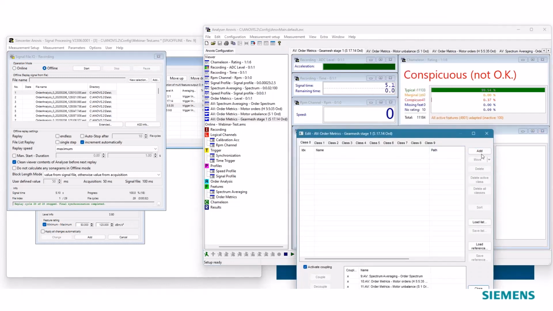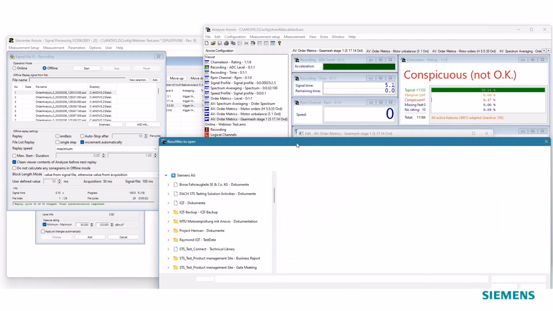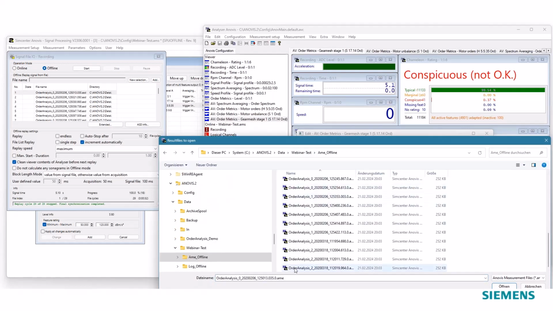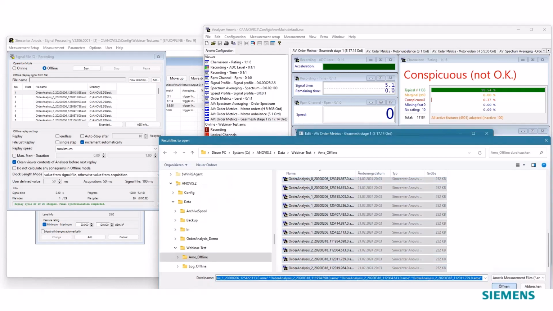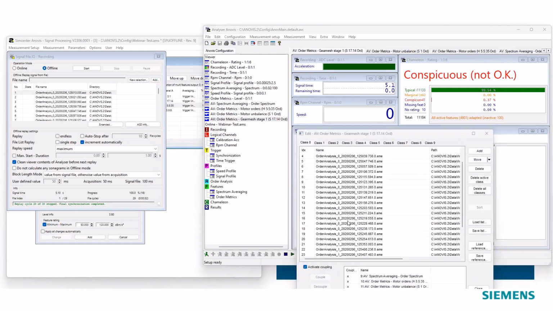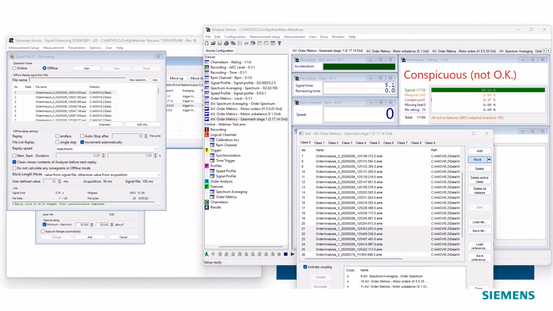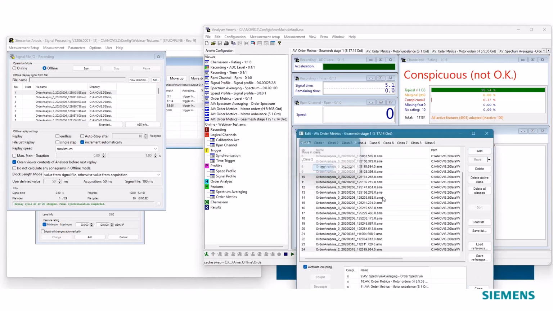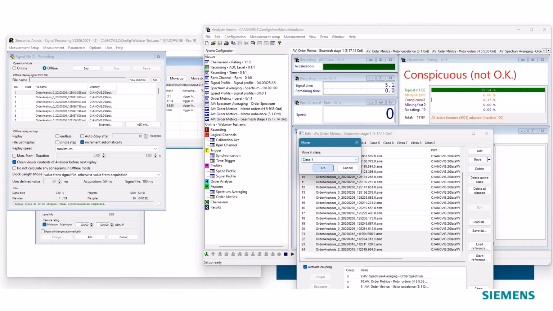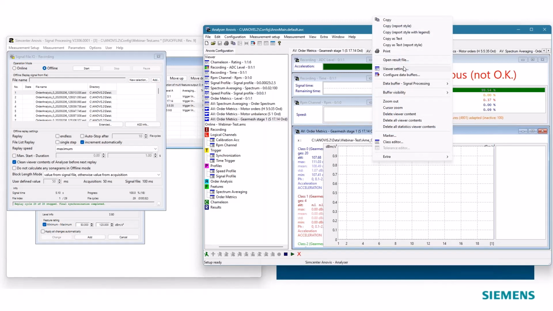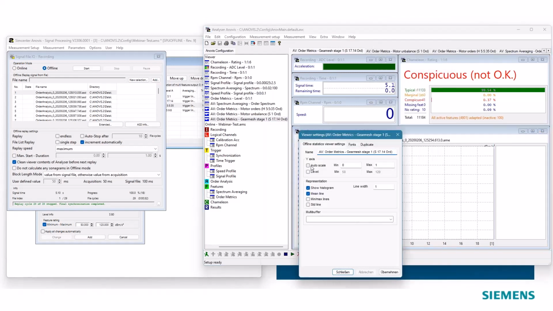I add them again. I have to check that I'm in the right folder. Okay, here we are. Then I put them to get the same colors to the right classes. And now we can have a look again at the representation of the data.